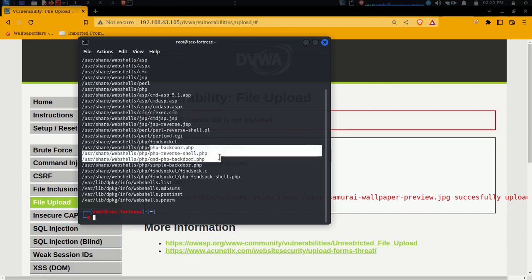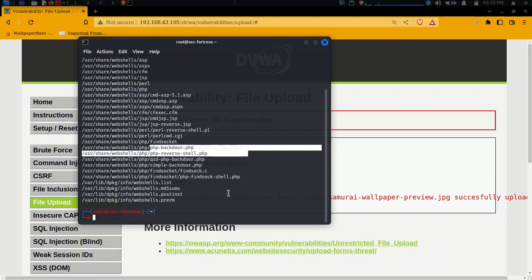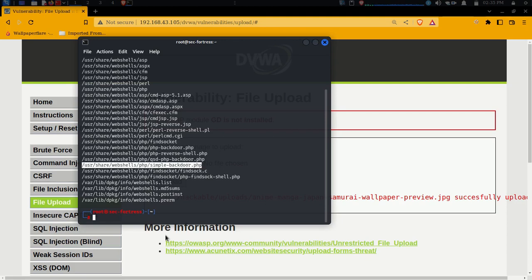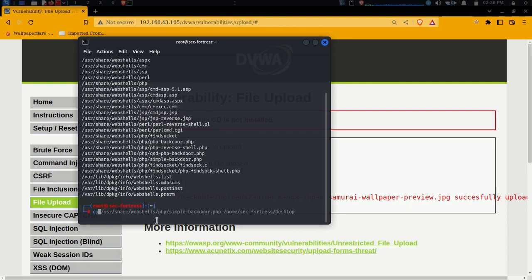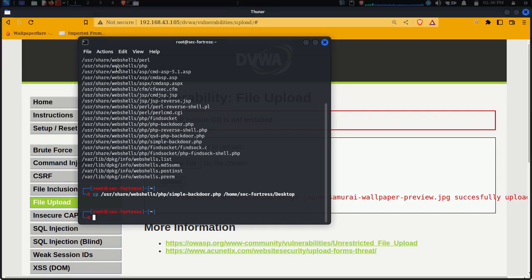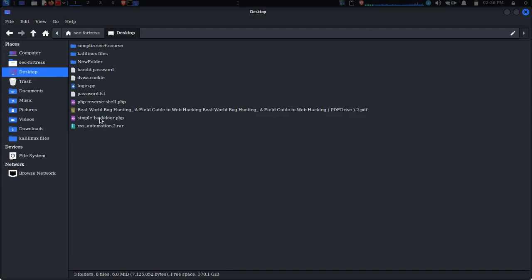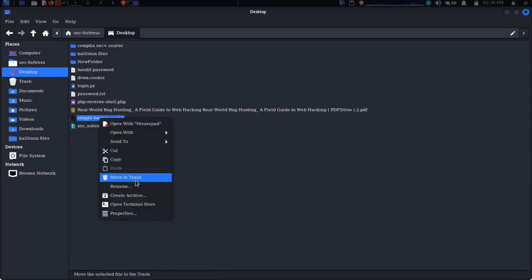And you can see PHP backdoor, PHP reverse, simple-backdoor.php. We can see PHP files here, and okay, so I'm just going to be using the simple-backdoor.php for the purpose of this video. So let's copy that to my home/chef desktop, and once that is copied, I can open my terminal here, and then I should be seeing that on my desktop. I can see simple-backdoor.php. So I'm just going to rename this to